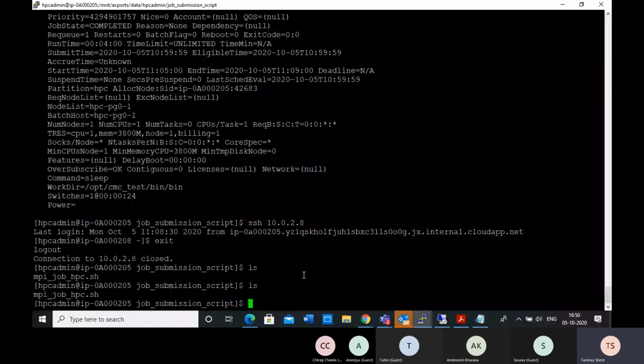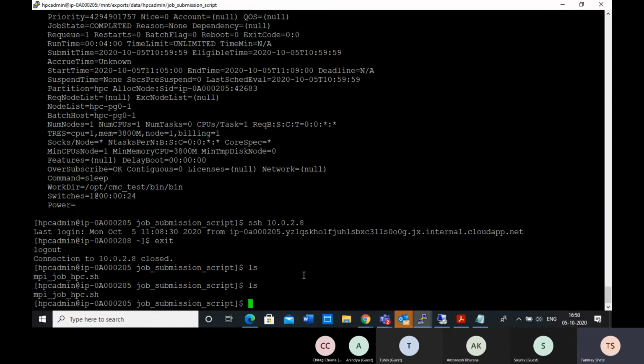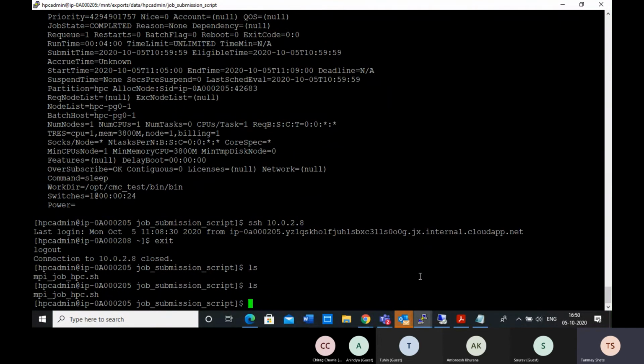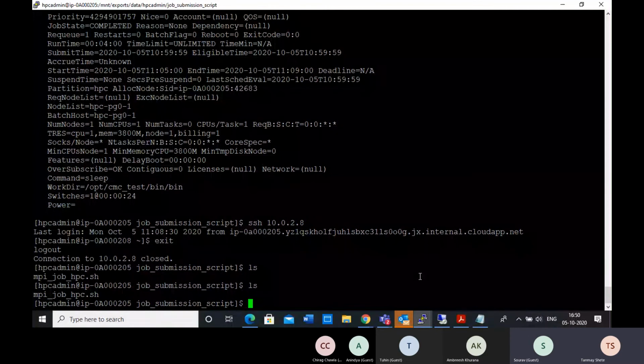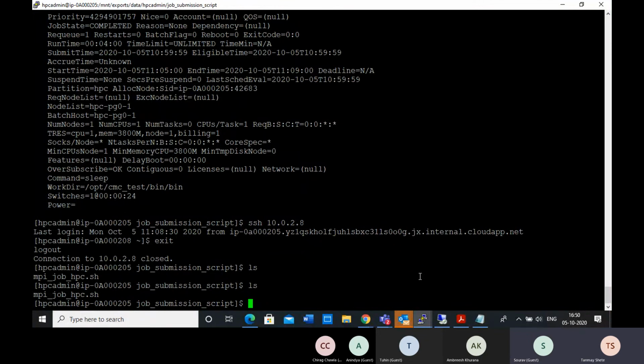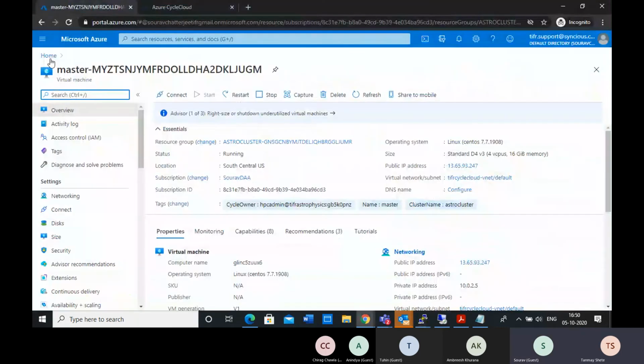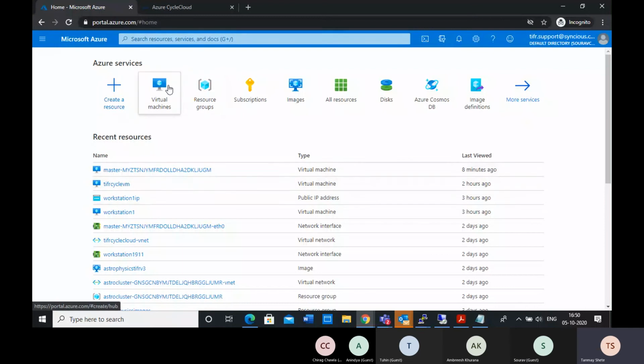One more thing, last but very important, that we discussed, Dr. Saurabh, which is the user interface, the UI that is required to run some of the graphical applications. For that, Dr. Saurabh, does every user need to have that machine, or can they share that machine? We created one machine right now, so I'm going to connect to that machine, and I will show you how that can be accessed.